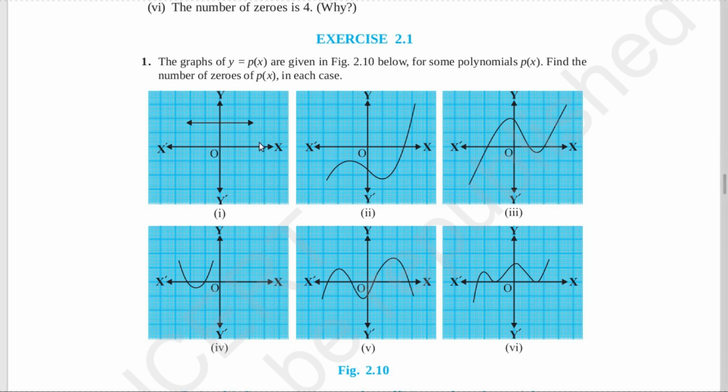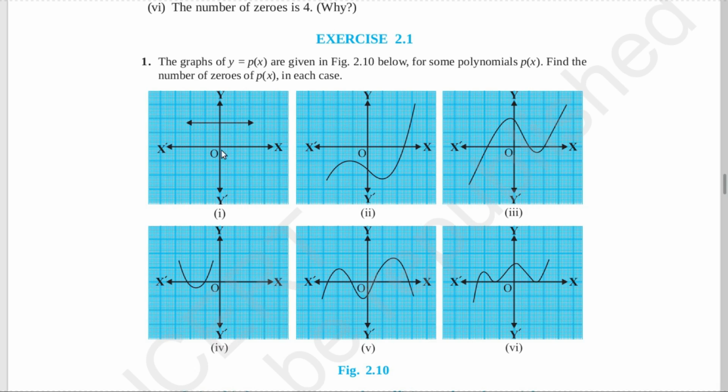Before solving, first try to understand the question here. The graphs of y is equal to p of x. So here this is our Cartesian coordinate. I hope you guys are familiar with the Cartesian coordinate. In Cartesian coordinates there are two axes, one is the x axis and the other one is the y axis. And here y is equal to p of x. So the values on the y axis will act as p of x or the value of the polynomial. And the x variables are my inputs to the function. Okay. So here this is my polynomial.